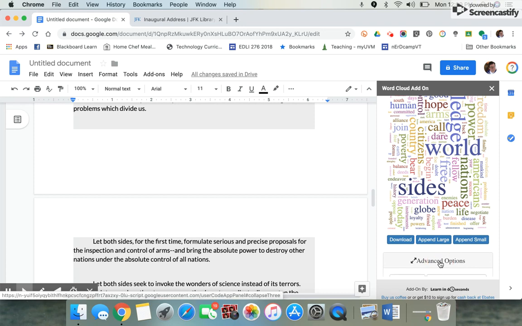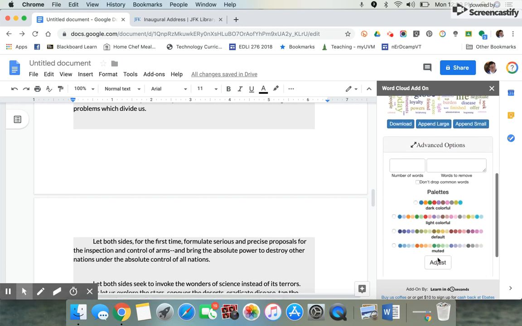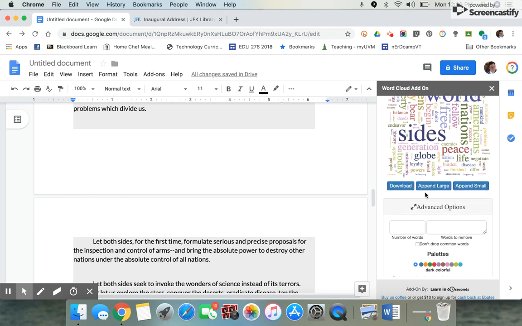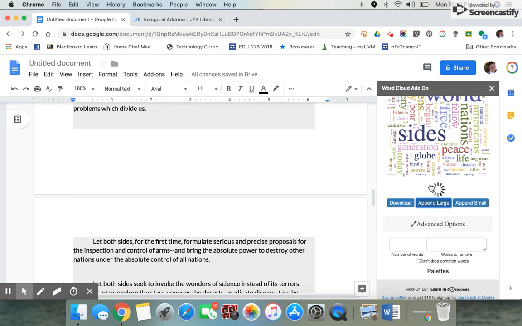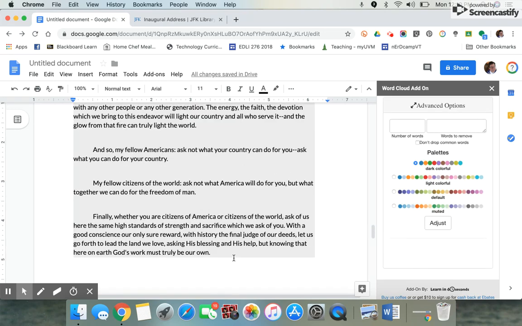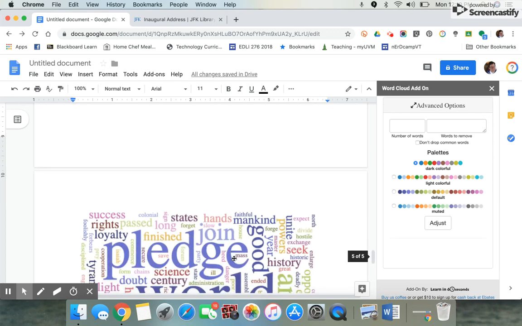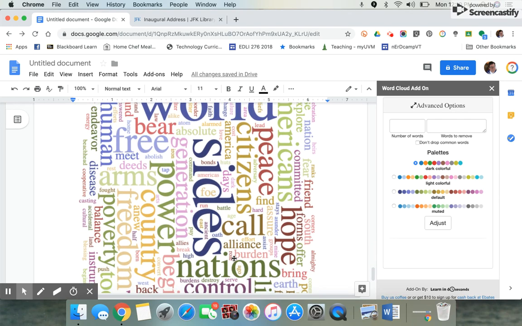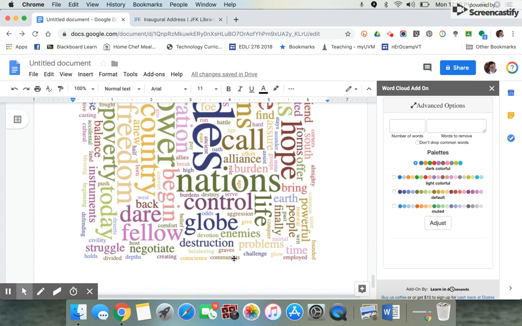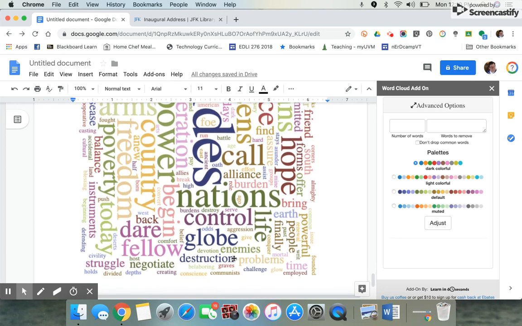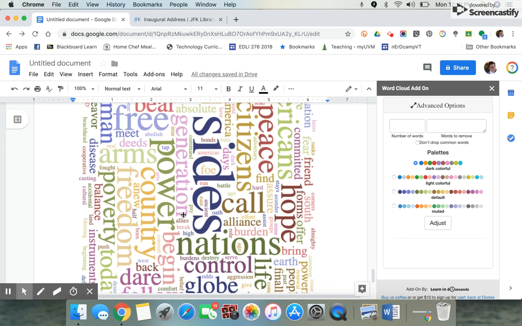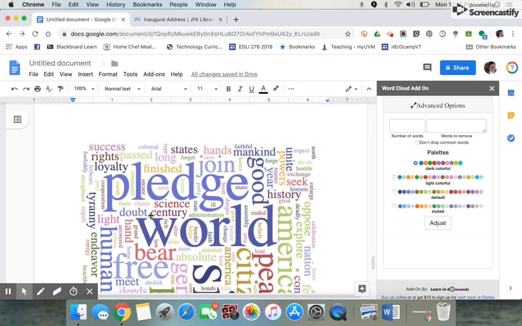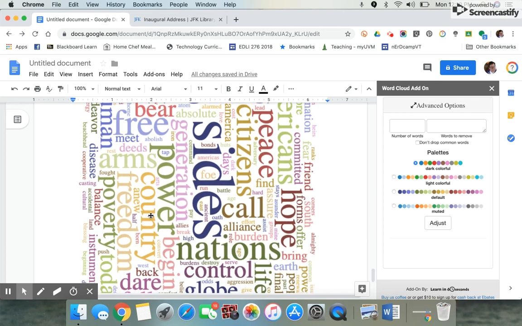Let's see what's behind that tab. So when we click on advanced, we can change some of the color palettes. So I'm going to select dark and colorful, and I'm going to append it right to my Google Doc. So now that I've clicked on that, it might take a minute, and just below the text, there's my word cloud. And again, we can start to examine what was important in this inaugural address. Words like nations and country, power and world. So it's a great way